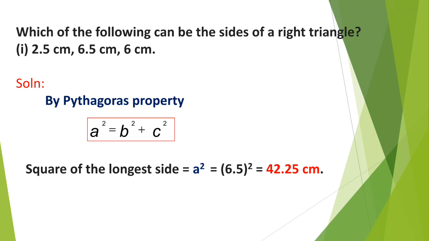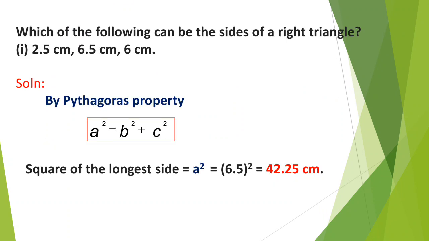We are multiplying 6.5 2 times. After the point, we have one digit. When we are multiplying, we have to count the digits after the point. Point after one digit in 6.5, and in the other 6.5, point after one digit. Totally, we have to place the point 2 digits from the last. Clear?